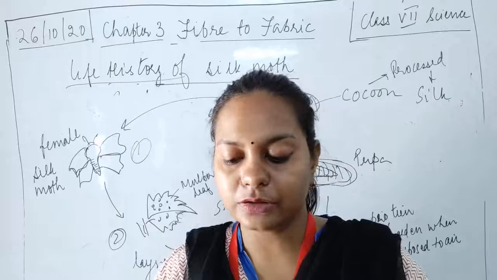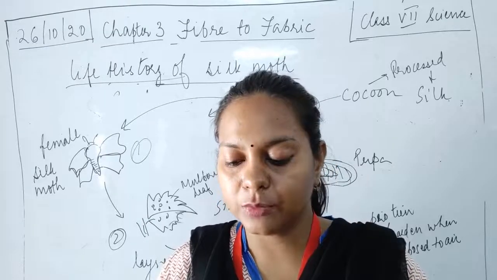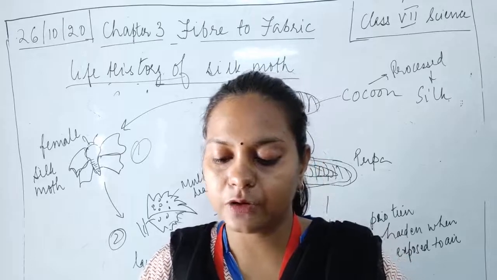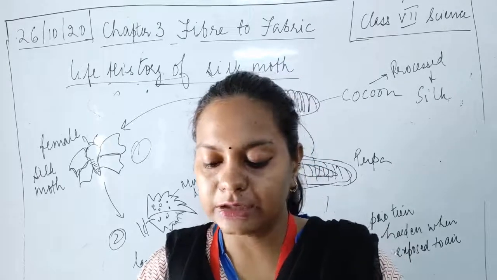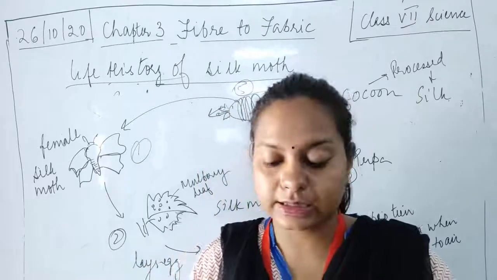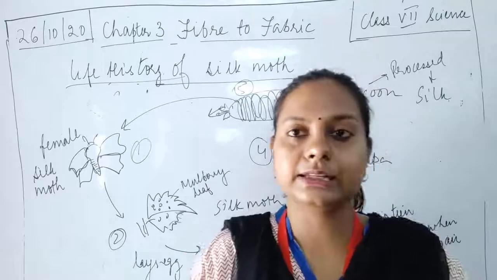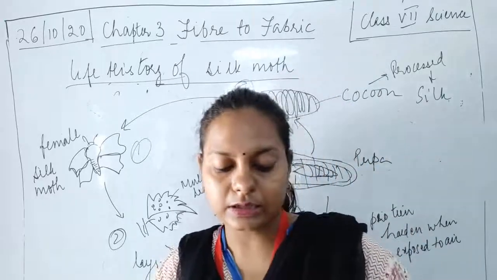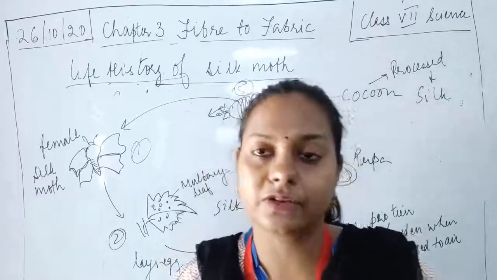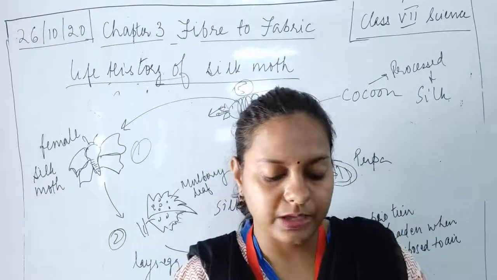The silk yarn or thread is obtained from the cocoon of the silk moth. There are varieties of silk moth which look very different from one another. They yield silk yarn with different textures. For example, coarse silk is rough, not very smooth. Then smooth silk is there, shiny silk is there. Thus, tussar silk, muga silk, kosa silk, etc. The names have been given because the varieties of silk moth are very different from each other.